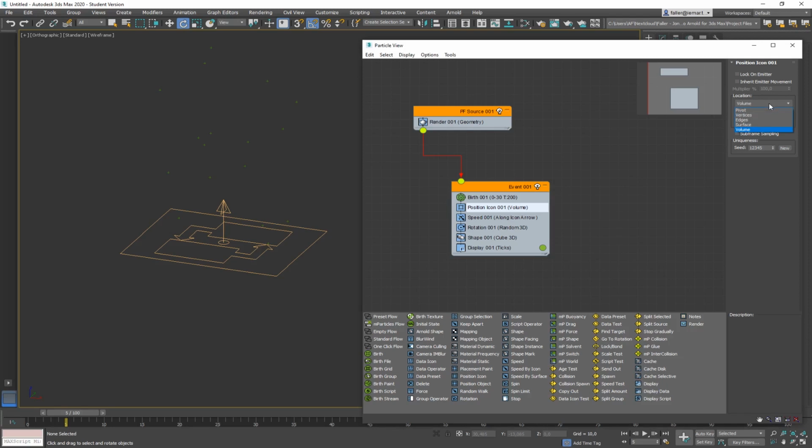Some emitters look different, so there's a difference between surface and volume. Vertices is also the same, so pivot would be different, where the particles are all born in the center. Or edges, then obviously they are just born around the edges. They are also born here, I guess, on a diagonal edge. But let's keep this to volume or surface. Doesn't matter. Good.